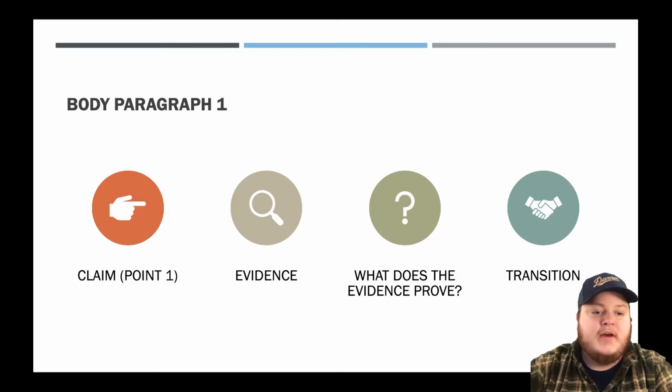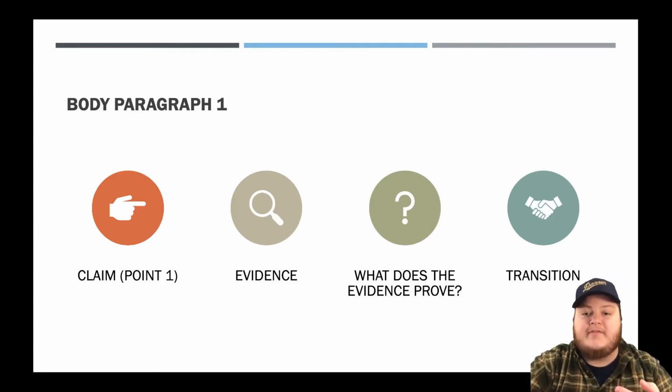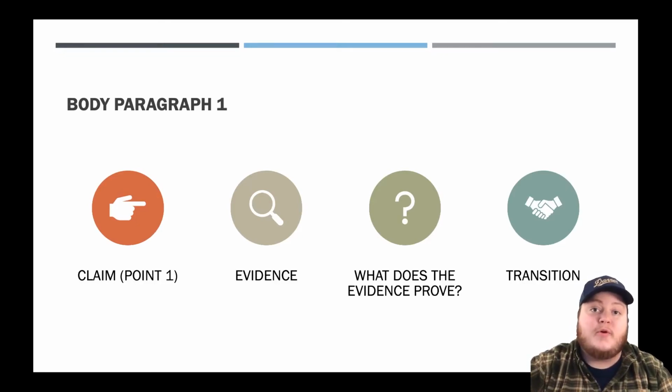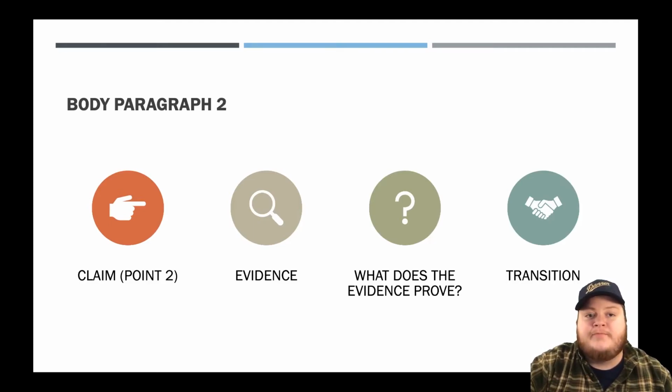Body paragraph 1, all you have to do is just start off with your claim. Evidence right there. How does the quote that you use support your claim? And then transition to your next paragraph. If you want help, I labeled and uploaded MLA and writing help. There's the template to help you with writing your body paragraphs. You can also think of the Texas acronym that we've learned earlier. Body paragraph 2 is just an extension.